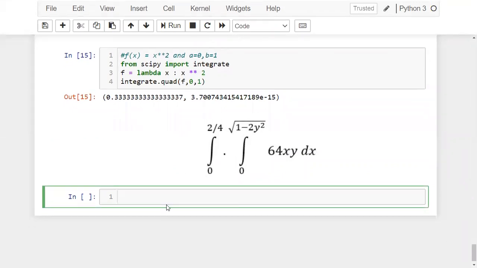We already imported the integrate package, so we don't need to write from scipy import integrate again. Now first create a function, similar to this. I'm creating a function f equals lambda.